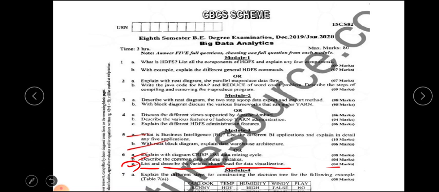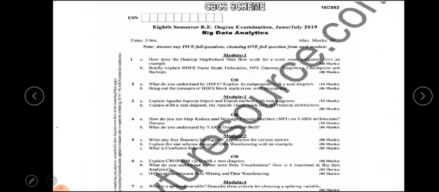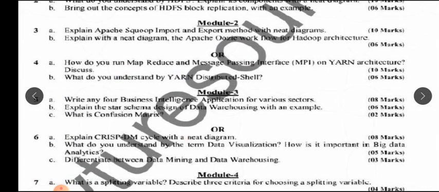So let's move on to the next question paper. This is the June-July 2019 question paper. And if we zoom to module 3, here we have question 6b. You can see here, what do you understand by the term data visualization and how is it important in big data analytics? So here you can see how the question demands